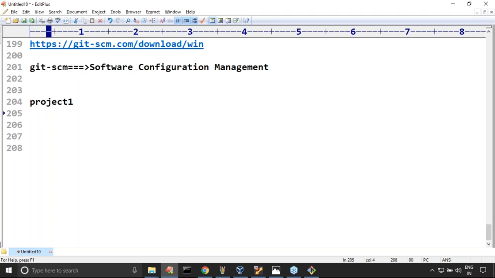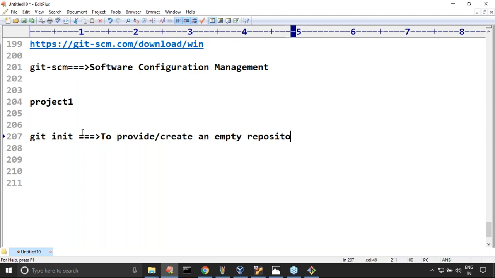How you can do that is git init, that is the command we require to use. Any doubt about this, sir? What is the purpose of git init? To provide or create an empty repository for our workspace,